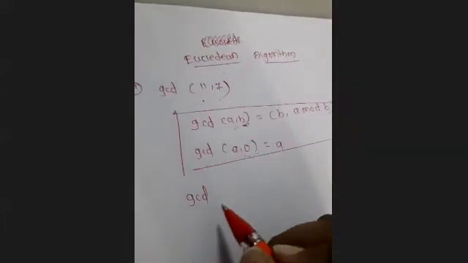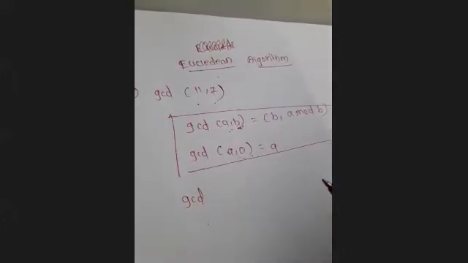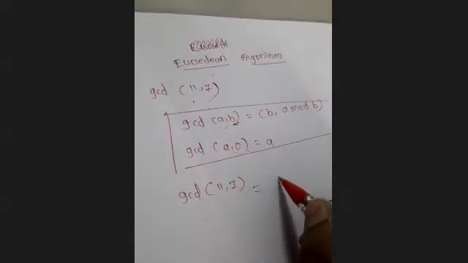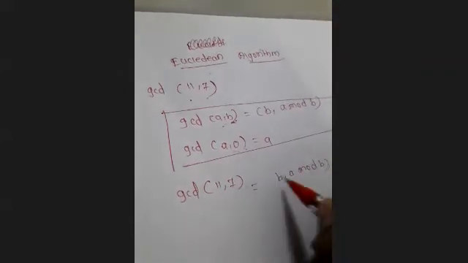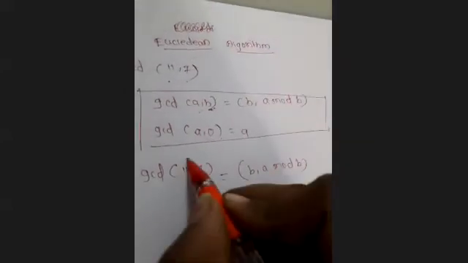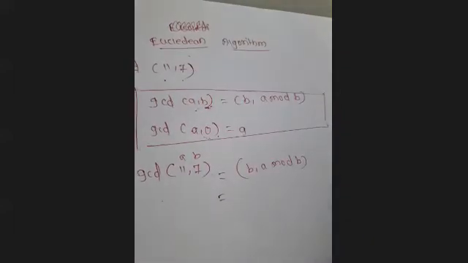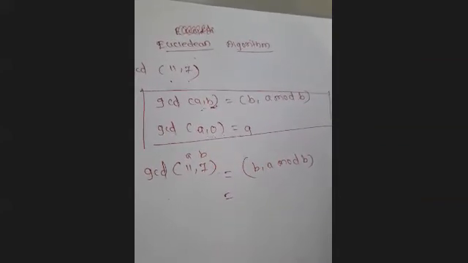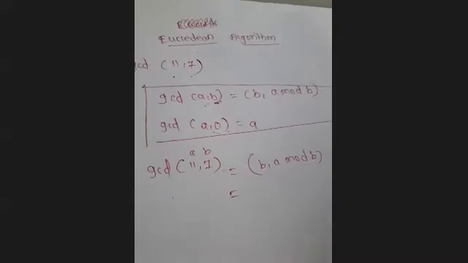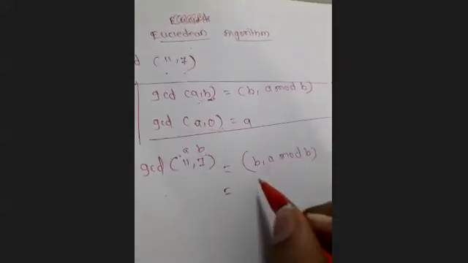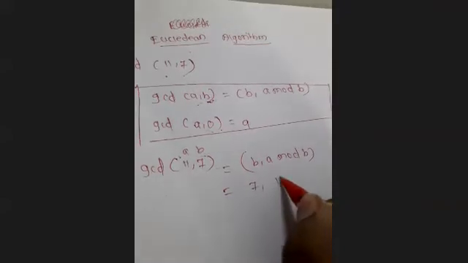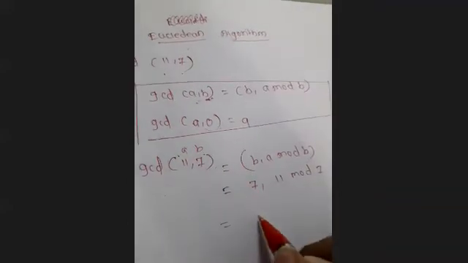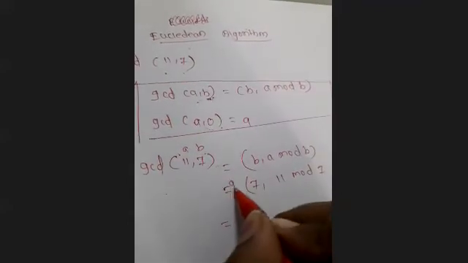Let us just revise, because in the last session we have solved only one numerical. So 11 and 7, what we have to do is B comma A mod B, right? Here A is 11 and B is 7. Keep your notebook and pen with you and write down everything, because today's entire session is based on numericals. So we are going to write GCD of 7 comma 11 mod 7.